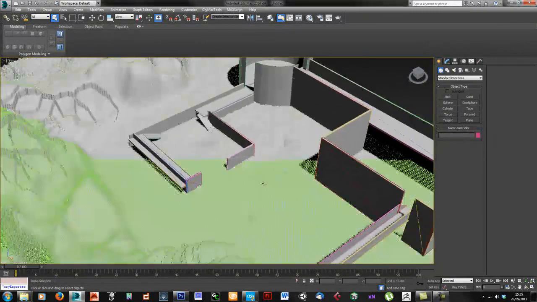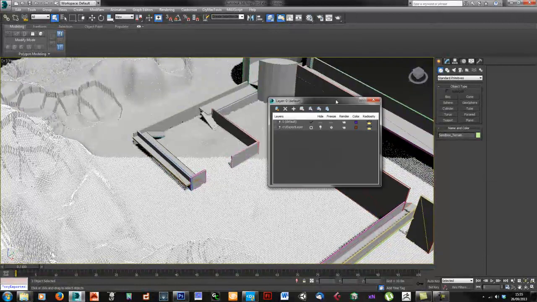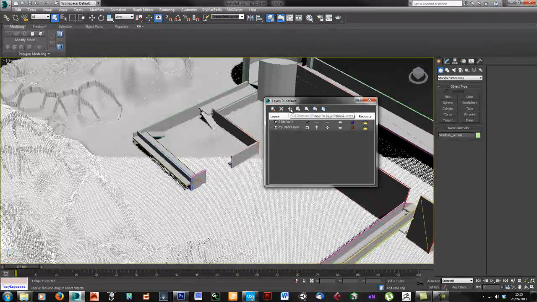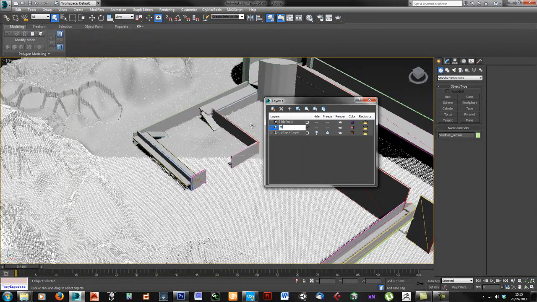So the next thing that might be useful to do is, if we select the terrain and put it onto its own new layer, we'll just call that terrain. If you are making